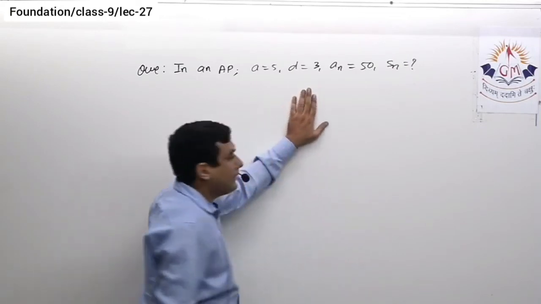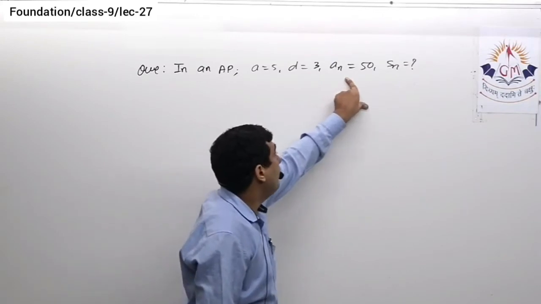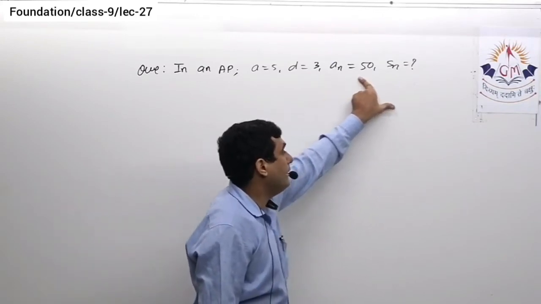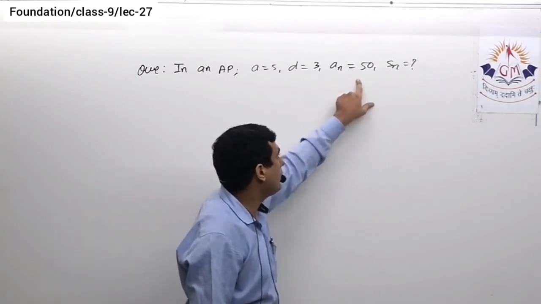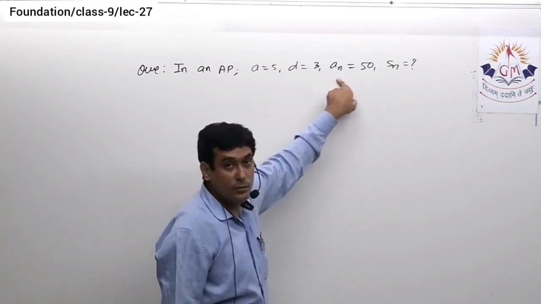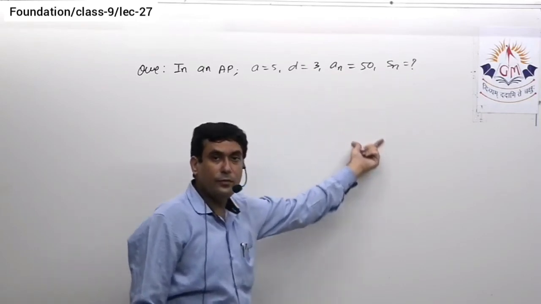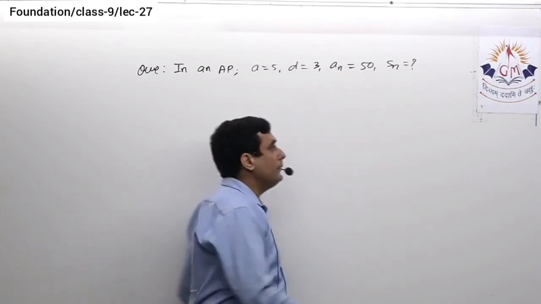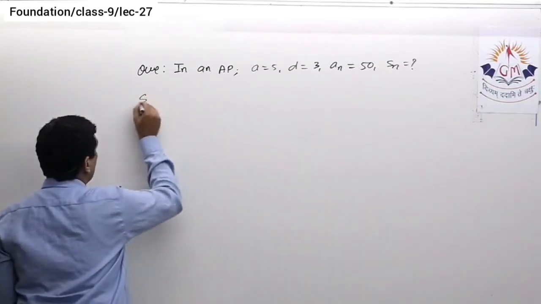Now this is exactly the question that we did in the previous sum. Over there again a1 and an were given. First we used to find n from an, and first we got the value of n. So here again, as an is given, first we need to find n, that means the number of terms, and only then can we find the sum of terms. So let us see.